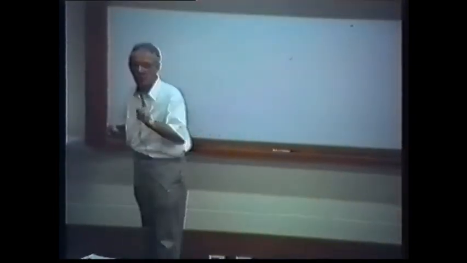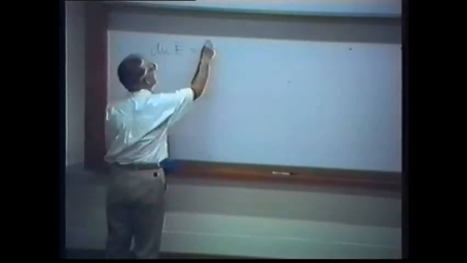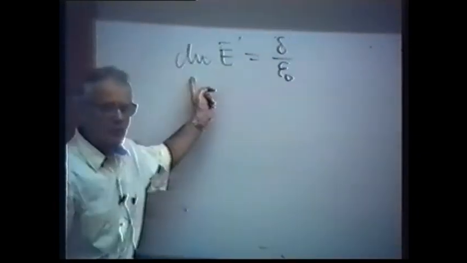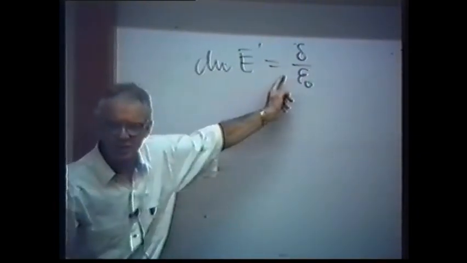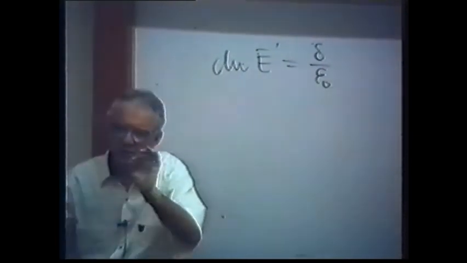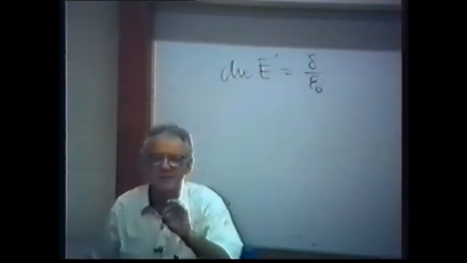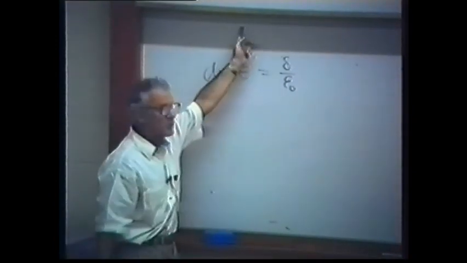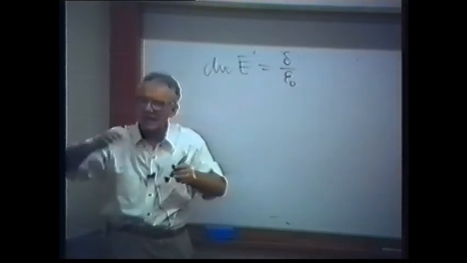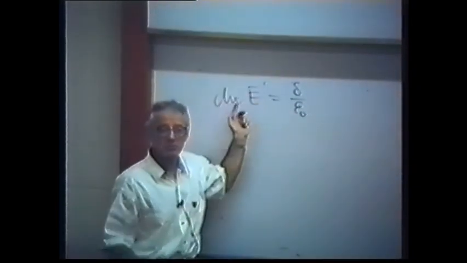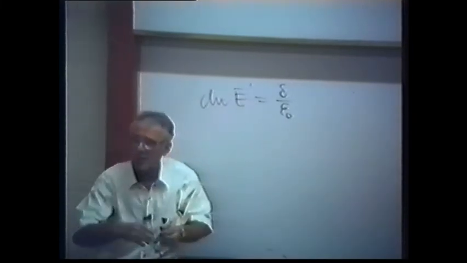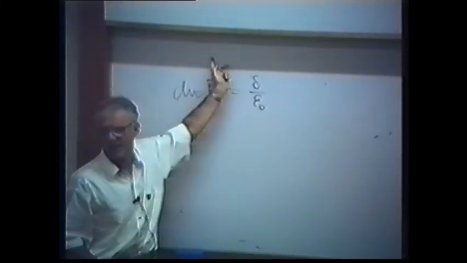The differential equation of the electrical field, which I wrote in the following way: divergence E equals delta over epsilon naught. First of all, it's a differential equation. I will speak about the physical meaning of this equation again, and why we deal with differential equations. But what is most important, in order not to lose track: we derived this equation, we didn't do it here, but we derived it from Coulomb's law, nothing else.